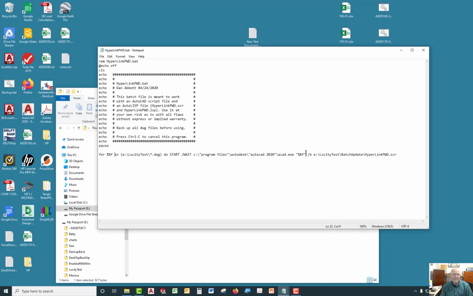The quotes mean it'll open it and see it as a single string, where each quote is a character, not a delimiter. AutoCAD has a switch involved from the command line. Switch B means it's going to run a script. The script has to be pointed to, and I put a script on the E drive in that same folder, in a folder called Batch Update, and the name of that script is